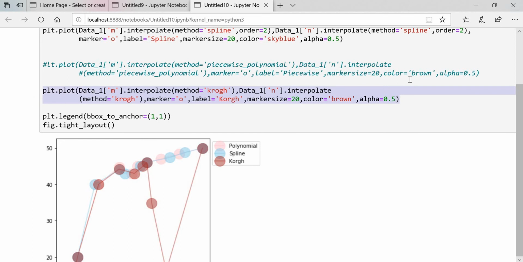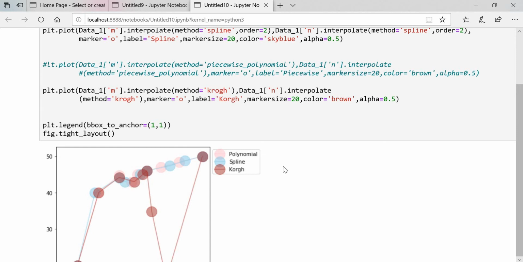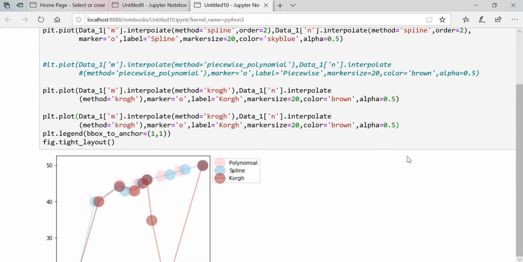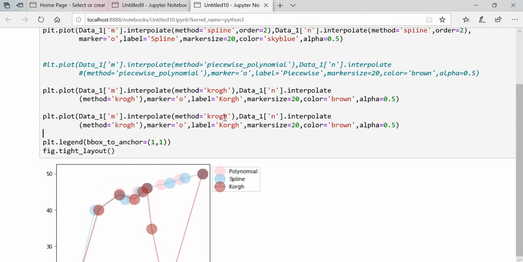And the next method we have, I will change here to percentage, and I will change here as well, that is percentage, and here as well I will change percentage.